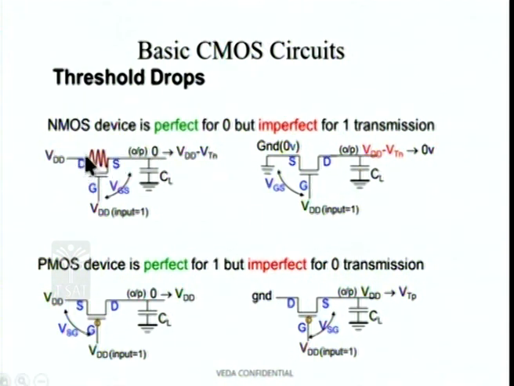Therefore, let us assume that we have an NMOS device in which the drain is connected to VDD, and this is supposed to act as a transmission switch, with the gate being held at a logic 1. That is, the input is equal to 1, the gate is held at a logic 1. Therefore, this device is turned on according to what we have discussed 1 or 2 slides earlier. So, when this is at VDD and the input is logic 1, this device turns on,